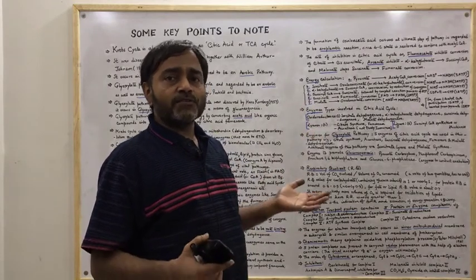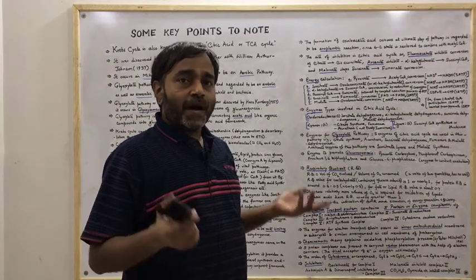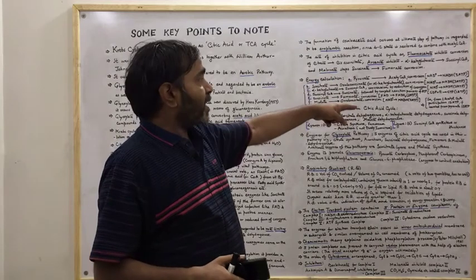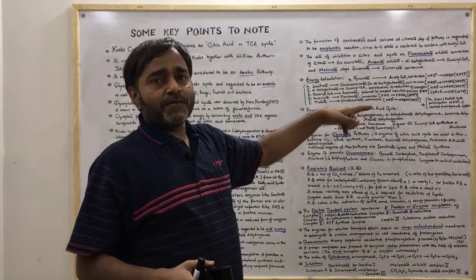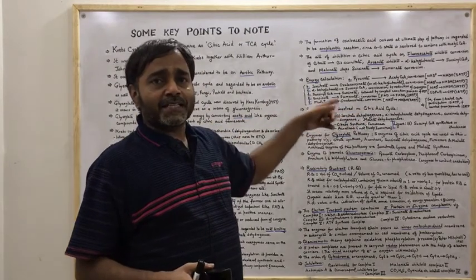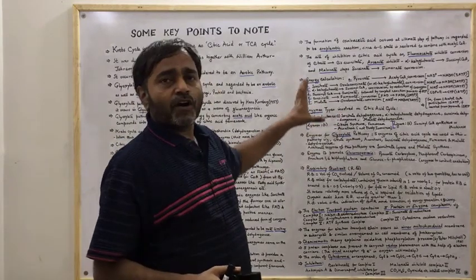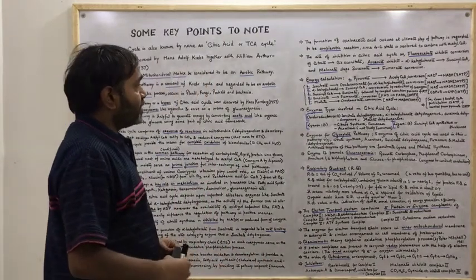Likewise, two molecules of pyruvate will be obtained from glucose on its breakdown by glycolysis. So there will be 30 ATP if we count from pyruvate, and likewise 24 ATP will be there when we count for the particular cycle, that is the Krebs cycle, starting from acetyl-CoA. So this is the main concept regarding energy generation. Now what is the next one?